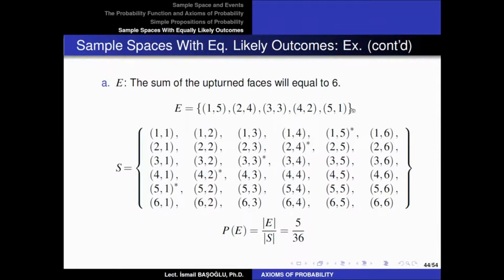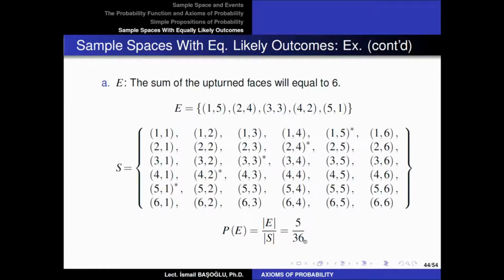And how many outcomes do we have here? We have 5. Therefore, assuming that all these 36 outcomes are equally likely to occur, the probability of the sum of the upturned faces being equal to 6, or the probability of event E, or the probability of this subset will be equal to